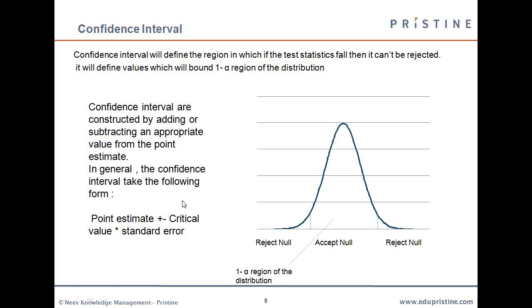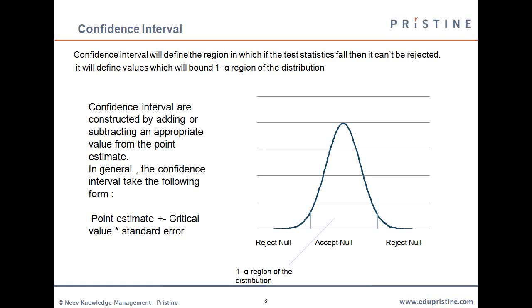So how are confidence intervals actually constructed? It is constructed by adding or subtracting an appropriate value from the point estimate. The point estimate is your population parameter, which can be your mean or standard deviation. So if you have to calculate the confidence interval,